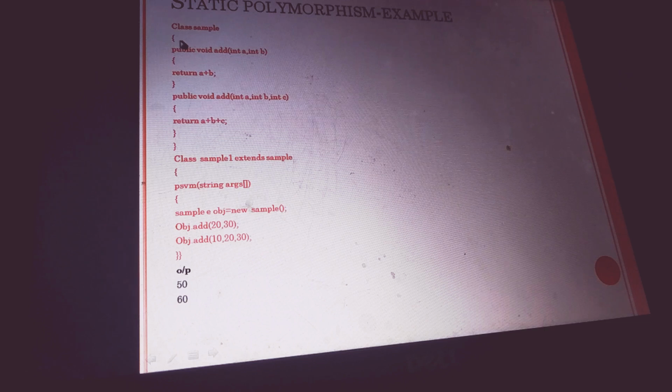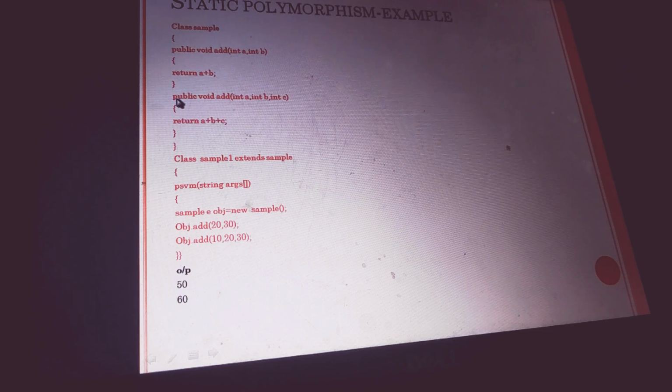Then open delimiter. I declared a method named add with two parameters. Inside that, I gave return a plus b. Whatever I gave in the return statement will appear on the output screen. Then closed delimiter.